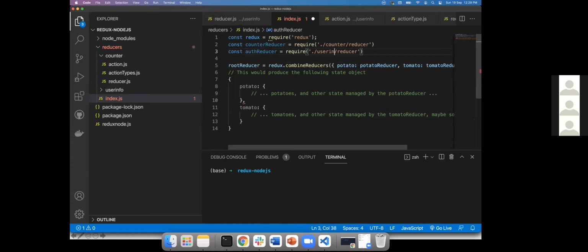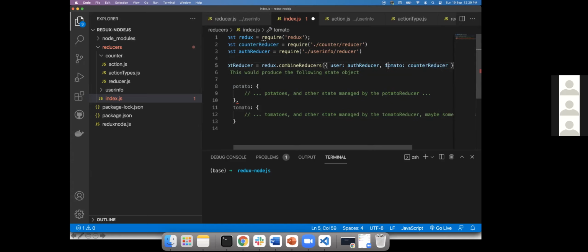It is user input, user info, yeah. Let me try this. Now, by using the combineReducers method, we have a user, and this object is the way in which you can refer to it. That's it.